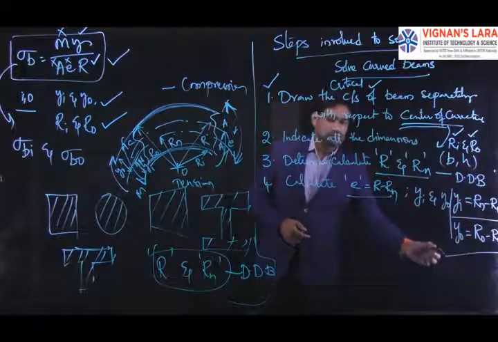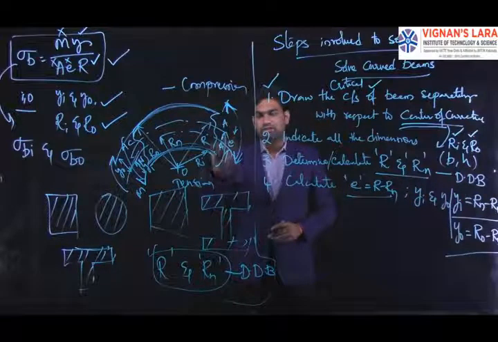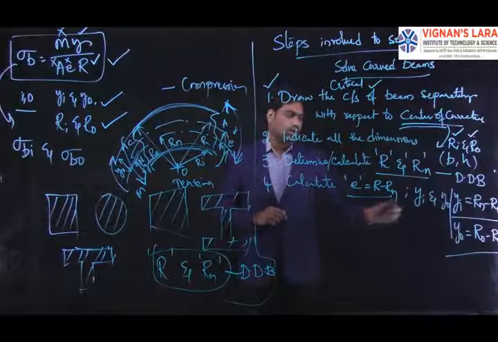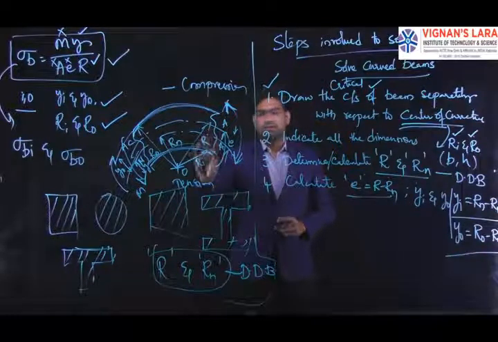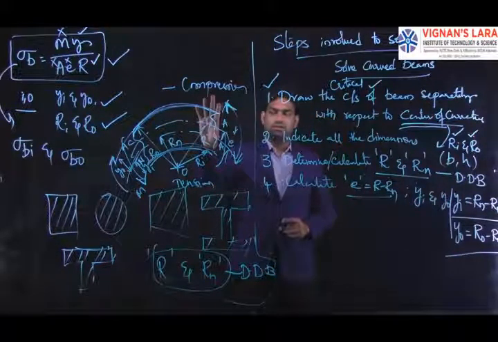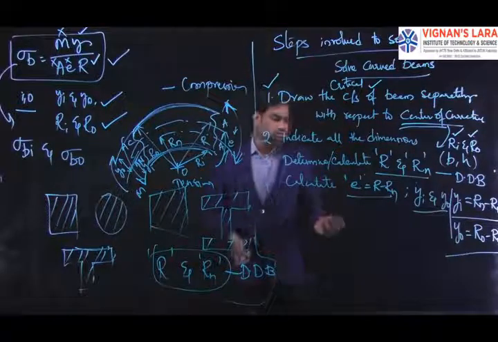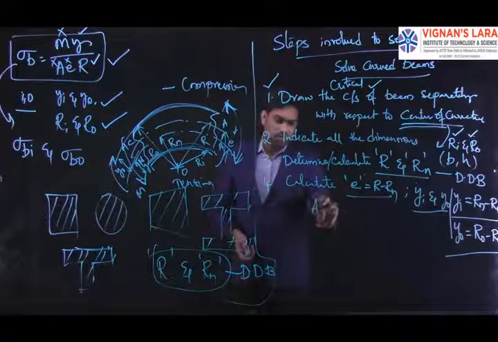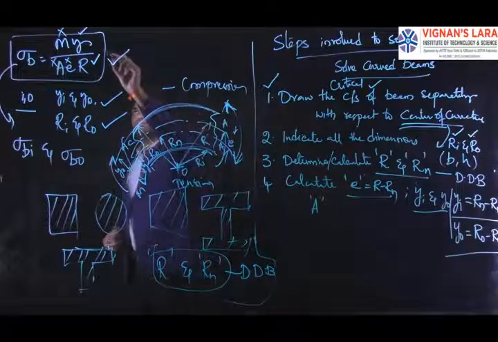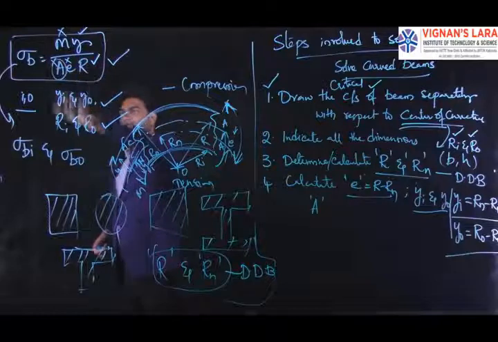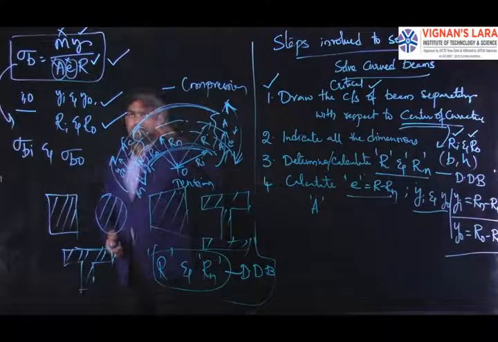So clear. In this step 4, we can find out the offset distance between the centroidal axis and neutral axis, and then we can also find the distances from the neutral axis to the inner fiber Ya and the neutral axis to the outer fiber Y0. After finding all the values, we can also find the cross sectional area. Why do we need all these values? If you want to find the stresses, we need the cross sectional area capital A as well as the offset distance. The offset distance small e is calculated.